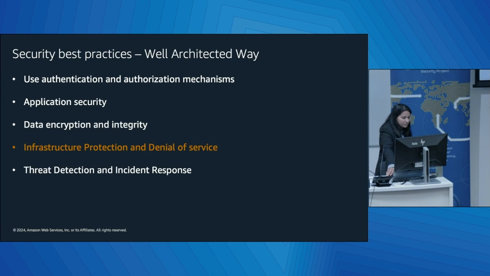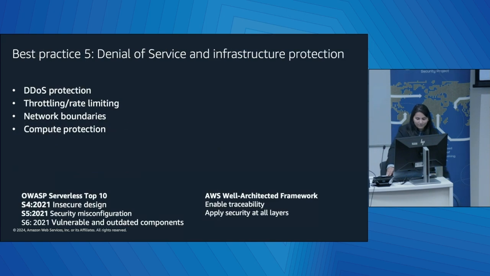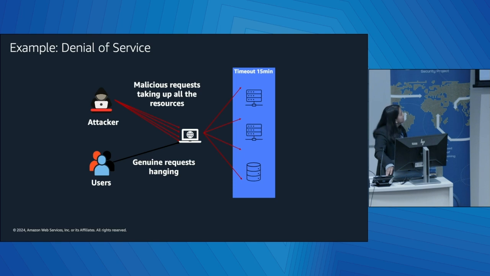Okay, now second last, infrastructure protection and DDoS. So I told you we'll talk about DDoS for sure. So as part of infrastructure protection, we have 4 topics: DDoS, throttling and rate limiting that I already briefly introduced, network boundaries, and compute protection. So DDoS,